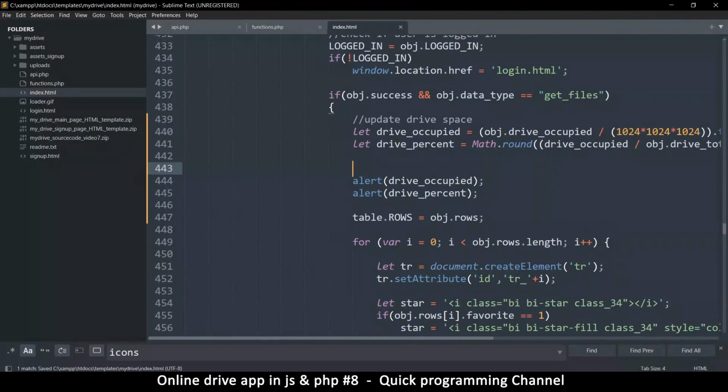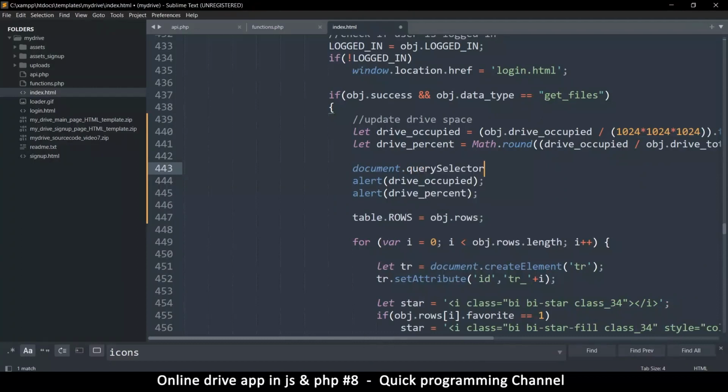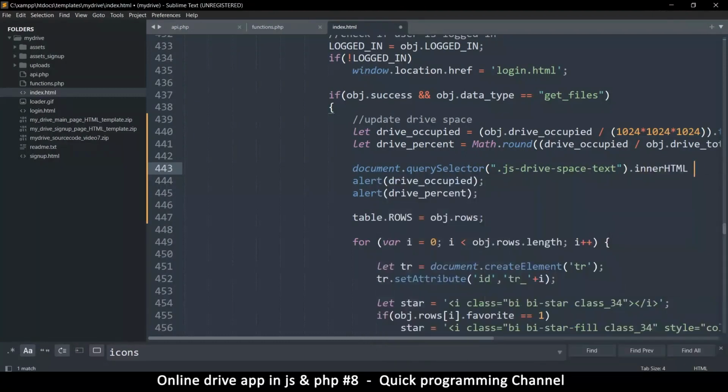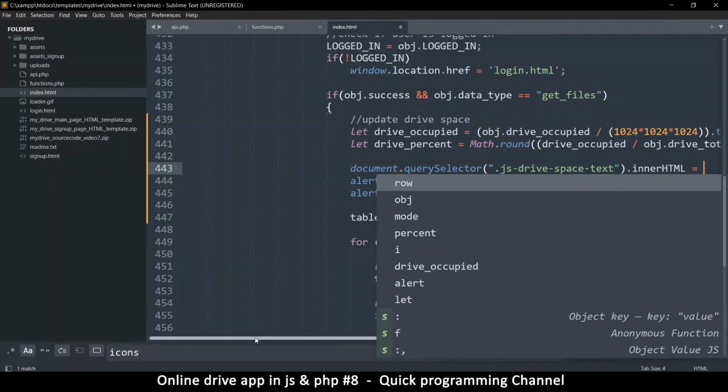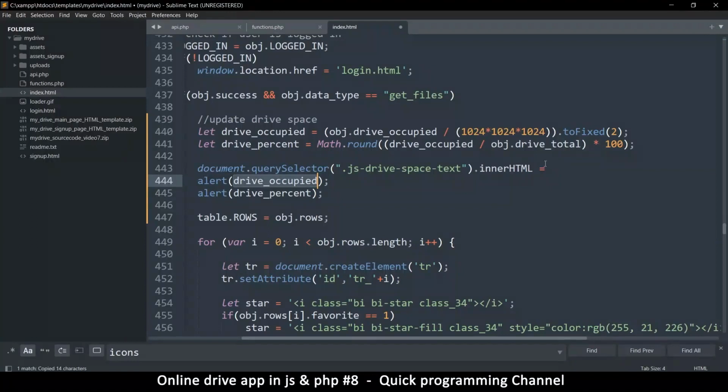So I'm going to grab document.querySelector dot, that's the text, dot inner HTML is equal to drive occupied, then let's do a plus to concatenate like a string, put a slash like so, put two spaces on this side, plus, actually instead of doing this, let's use